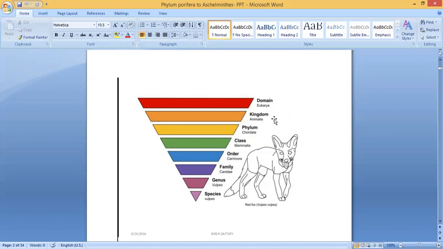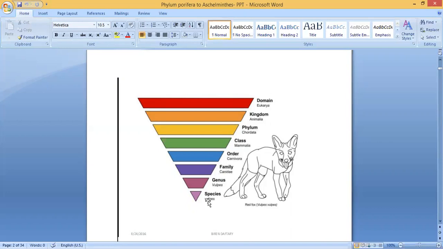You can see it's a little less compared to the first level, that is kingdom Animalia, because kingdom Plantae and kingdom Animalia, two kingdoms will come here. So you can see the size decreasing. Third is phylum Chordata, because many phyla will come here. This animal comes under phylum Chordata. Below that, class Mammalia. Then below that, order, you see how the size decreases, because many orders will come. Carnivora. This animal comes under Carnivora. Then family, below order, that is Canidae, genus Vulpes, and species Vulpes.